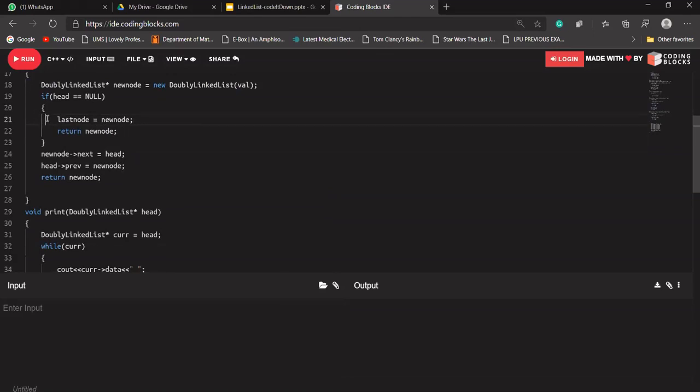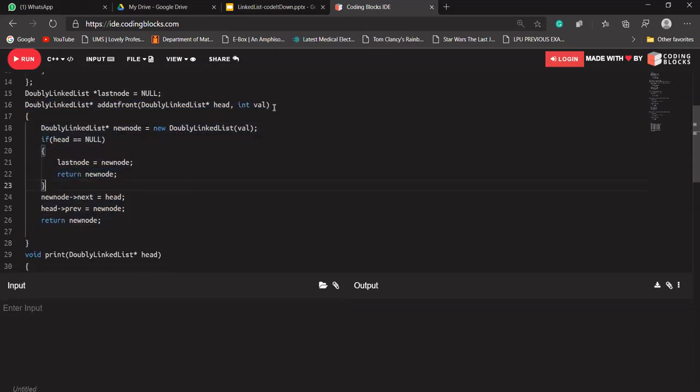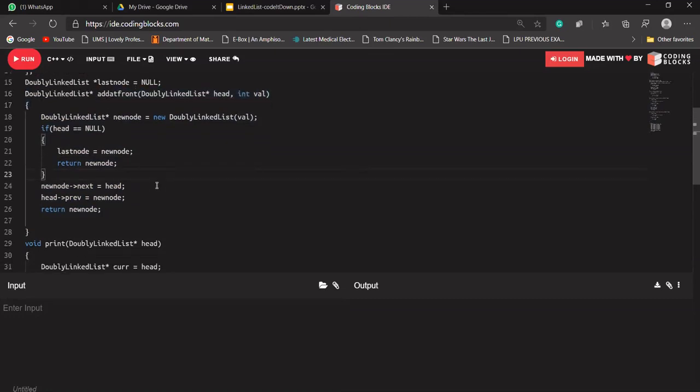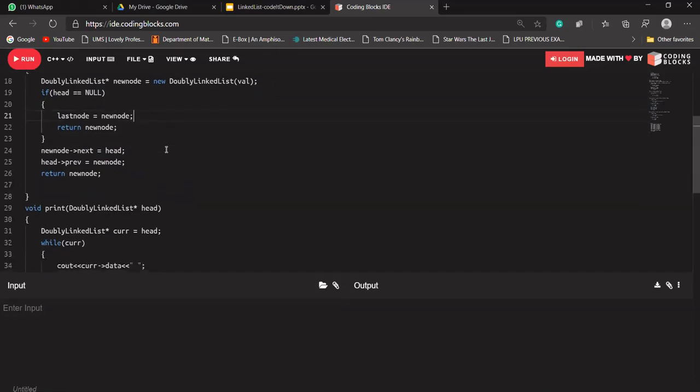So what it will say, it will store the address of that last node. I'm writing it into that add at front function because using this function only we are creating our linked list. Although we have discussed this in the last session, those who have joined us today, if you have any doubt regarding this, why I'm writing last node is equal to new node, please do ask me in the group chat so that I can make you understand.